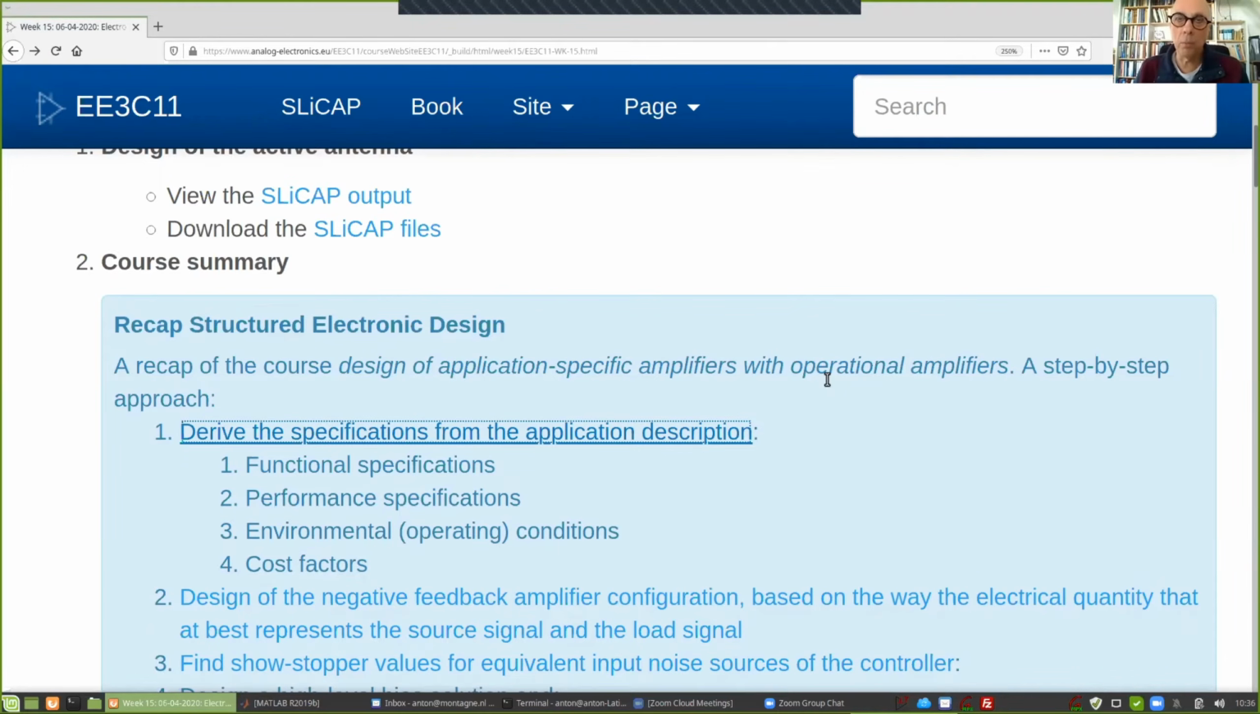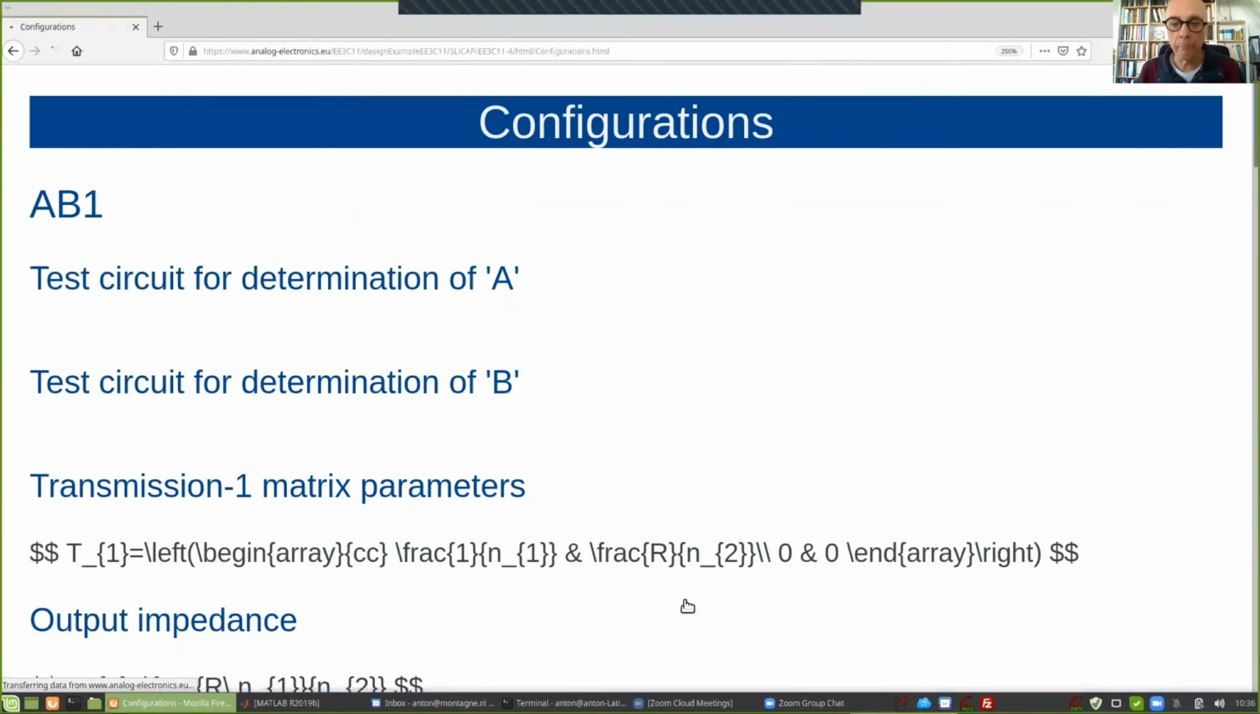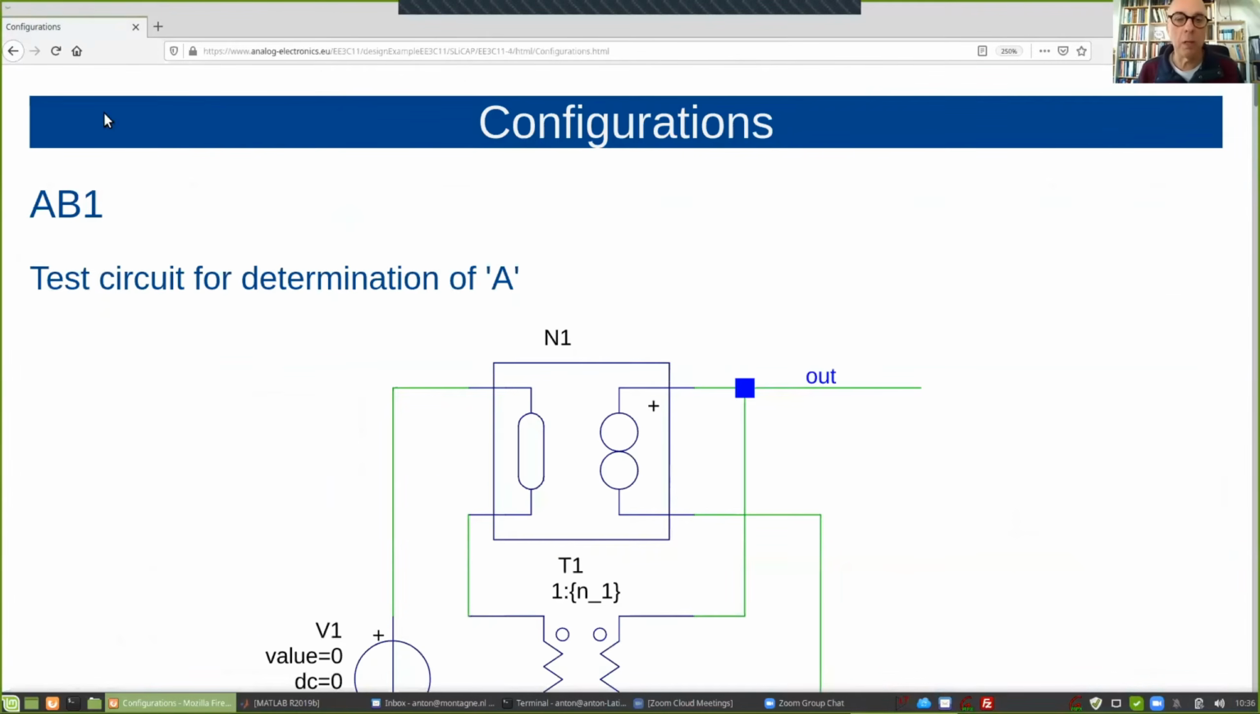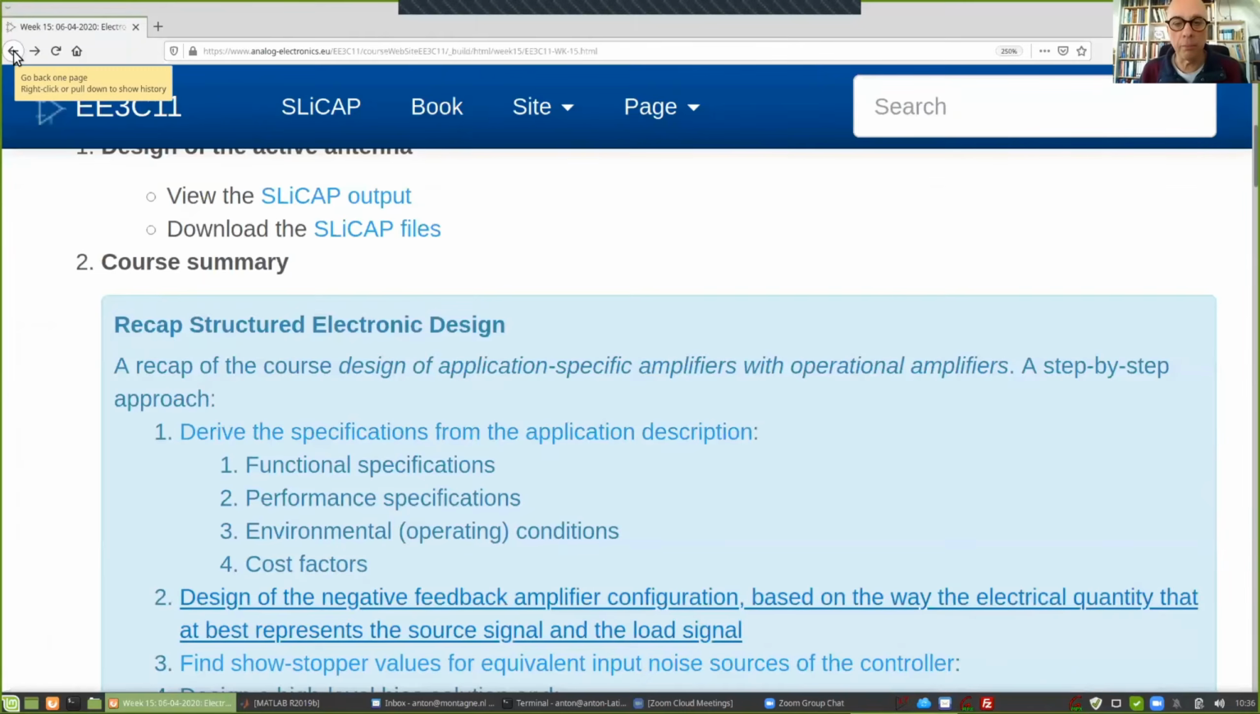So we have two options at this stage. We can make something that converts a voltage into something that drives the cable with 50 ohm. And then we can decide which transmission matrix parameters should be fixed of such amplifier configurations. So that's what we did in the configuration comparison. Well, let me first go to the